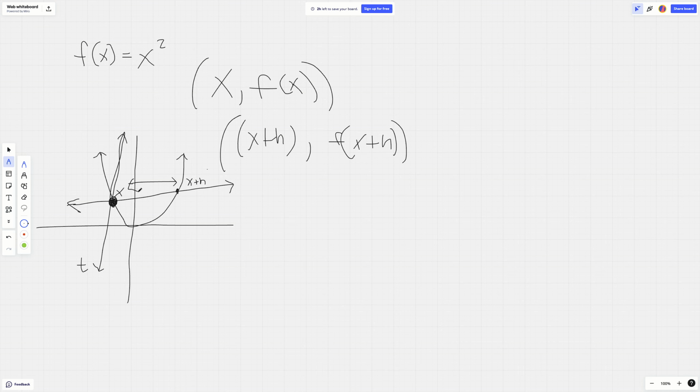Well, if our h was 0, then we'd simply have a tangent line again. Think about it, if we had x and x plus h, but h was effectively hitting 0, then this h would be rendered useless. We'd have x and point x again. So we can't really do anything to find the slope of a tangent line because we only have one point. We don't have enough data to apply our slope formula to find the slope of this tangent line that hits the function at one point. In this case, it's point x, the instantaneous rate of change at point x